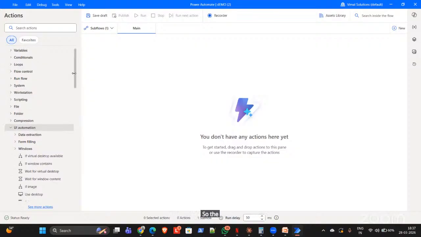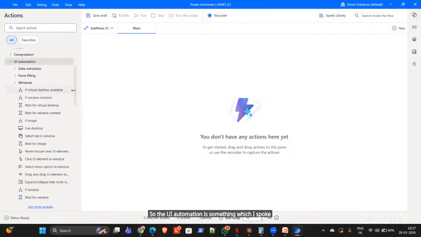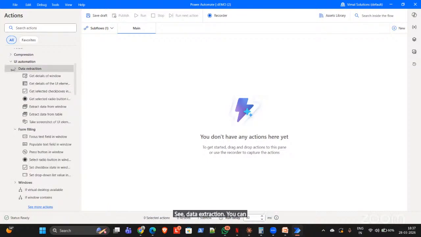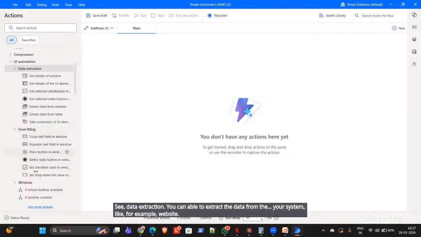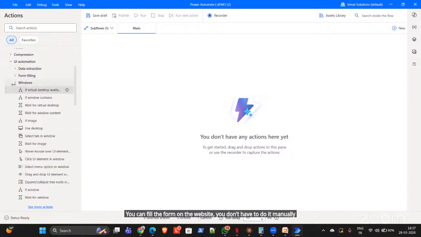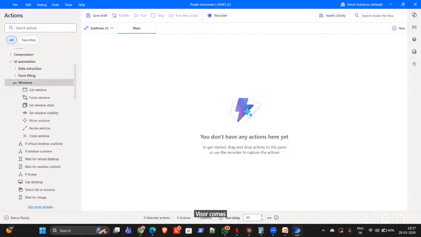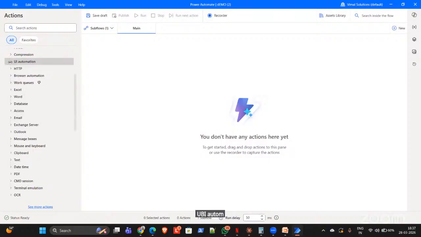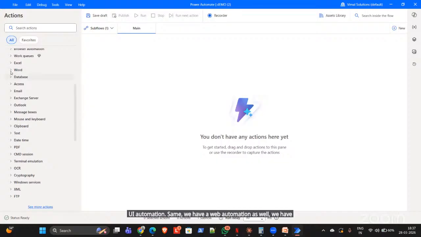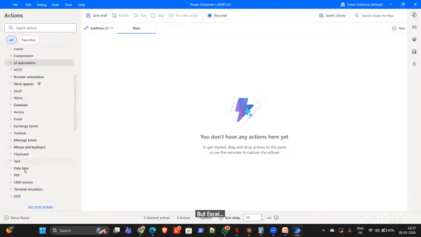UI automation is something I spoke about already, where you can extract information and fill forms. Data extraction: you can extract data from your system, for example a website. You can fill the form on the website, and you don't have to do it manually. These come under UI automation. Similarly, we have web automation as well. We have Excel, PDFs,